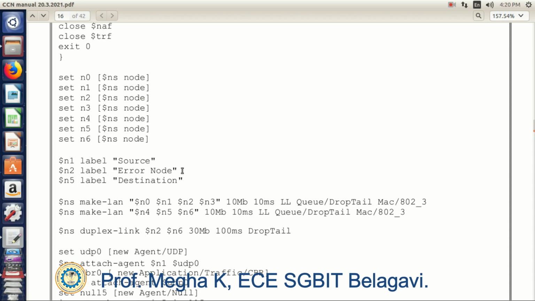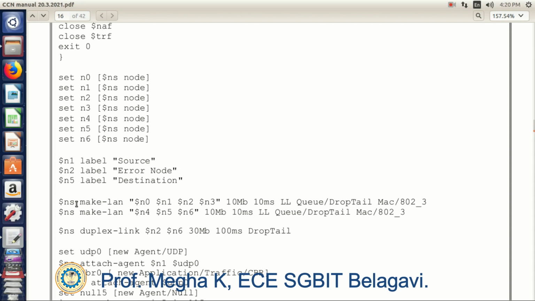From that node, the overflow of packets or the unwanted packets will get discarded. Now we have defined the different nodes: what is a source node, what is a destination node and what is an error node in our example.